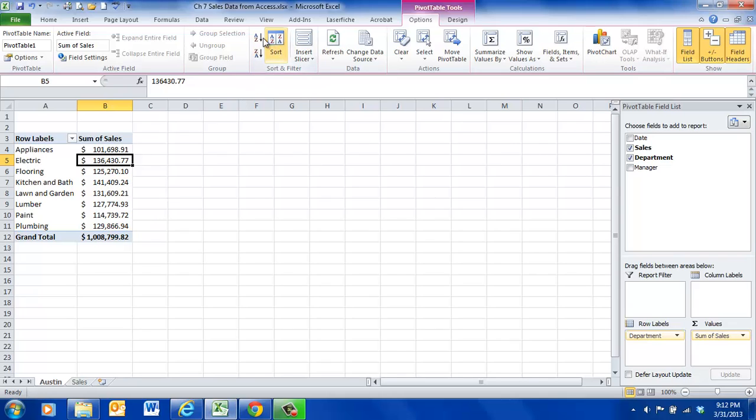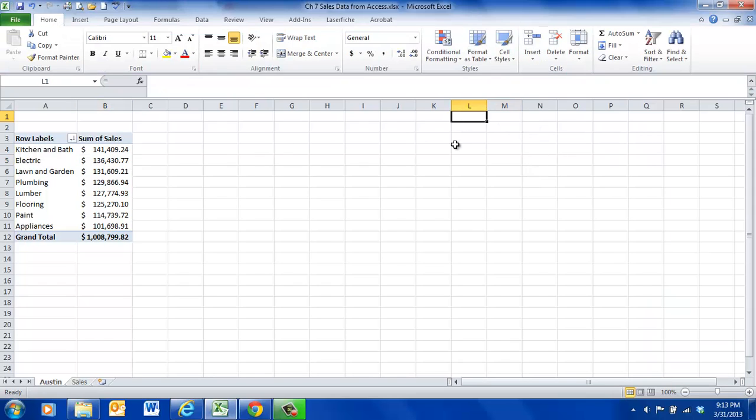So I'll just come over here into my Sort and Filter. I have this column of information. I can click any of those data points, and then I just want to sort largest to smallest. So when I do that, I can see that Kitchen and Bath had the highest amount of sales. Now it tells us to print the worksheet, but I just want to make a note. So I'm just going to make a note over here, and I'm just going to say step 4, that Kitchen and Bath